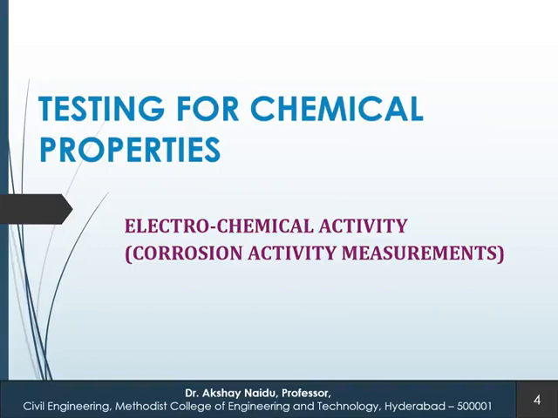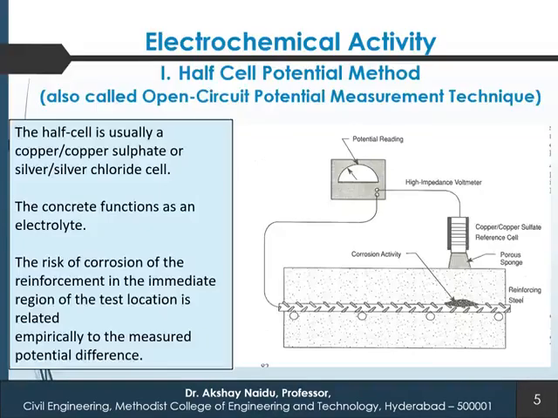So testing for chemical properties, we will test electrochemical activity, corrosion activity measurements. So there are two tests. First test is called the half cell potential method or half cell potential test. This is also called the open circuit potential measurement technique. In this technique,